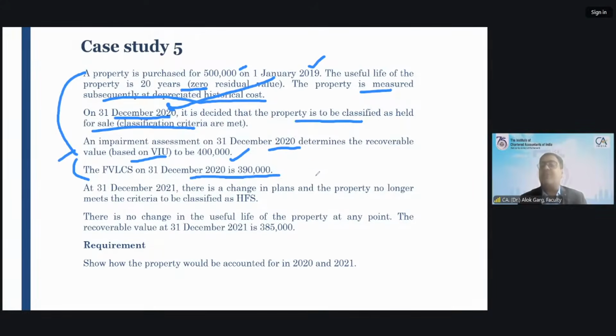Where will the 10,000 rupees of impairment loss go? Again to impairment loss. So what is the total impairment loss on this asset? 50,000 plus 10,000, 60,000: 50,000 as per Ind AS 16 and 10,000 as per Ind AS 105. Total 60,000. Very good. Now, in the next paragraph. So this part was what? This part was a journey of non-current asset to non-current asset held for sale. This was the journey of Ind AS 16 to Ind AS 105. This journey was from where to where? 116 to 105, right? Yes.